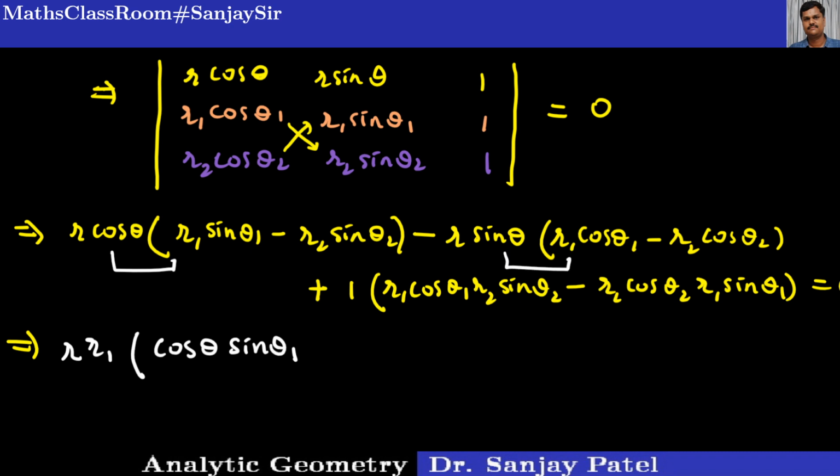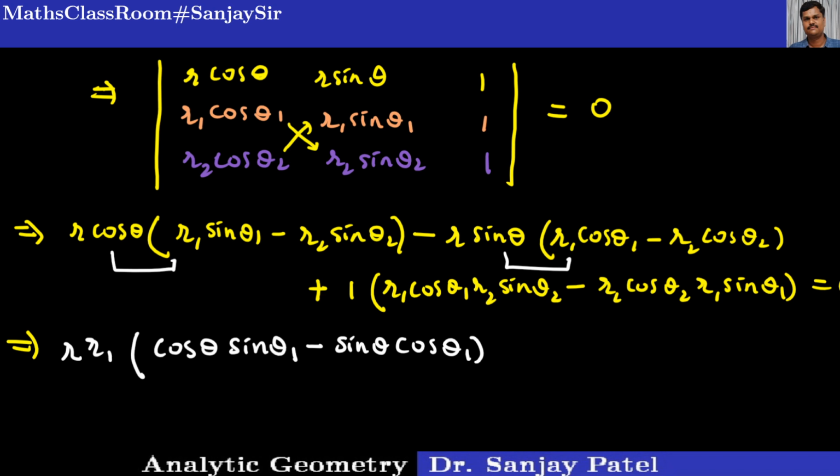Okay, so r into r1, what you will get is minus sine theta into cos theta 1, sine theta into cos theta 1. Okay, next I am going to select terms